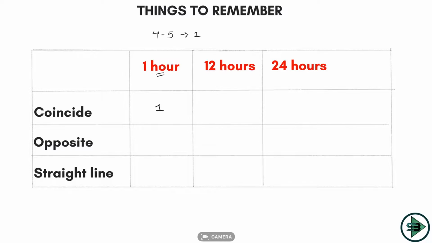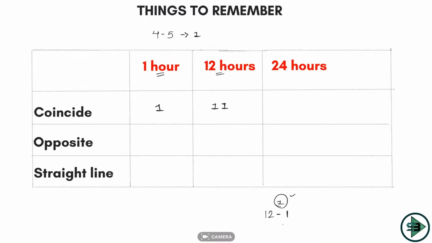Okay, once in 1 hour they will coincide. How many times will the two hands of the clock coincide in 12 hours? 11 times. Okay, so don't think like if they coincide once in 1 hour, 12 hours 12 times. No, 12 hour 11 times. Now what is the reason for that? Between 12 to 1 they coincide once, okay, but you take it twice. So when you are saying 11 to 12 also, you actually take the coincide of 12 to 1 twice, and that's why you are getting it for 12 times, okay, but the answer here is 11 times.